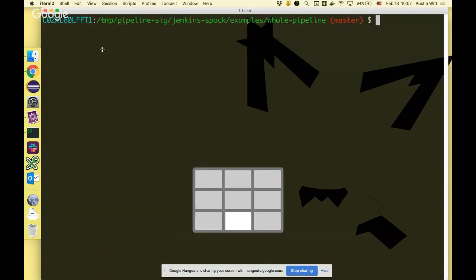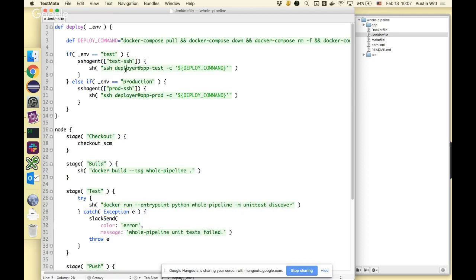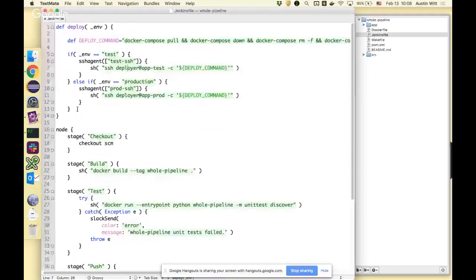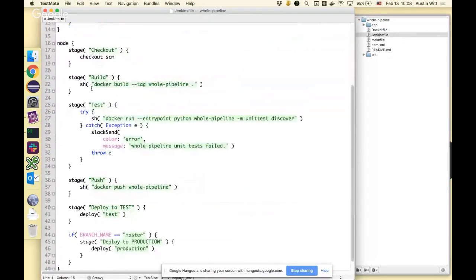Great. But we have this Jenkins Groovy code over here that is non-trivial. It's 50 lines that guides the application through its life cycle. We need to unit test that as well because it's code that we wrote. So there's a deploy function that can deploy to one of many environments at our company. And then there's a simple, hypothetical pipeline here where the code